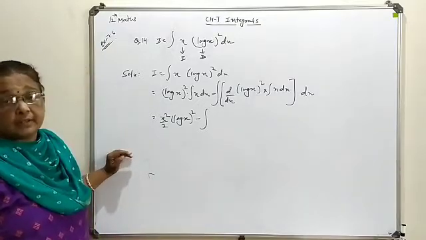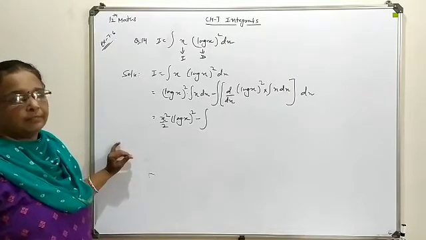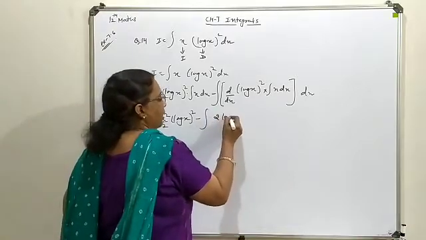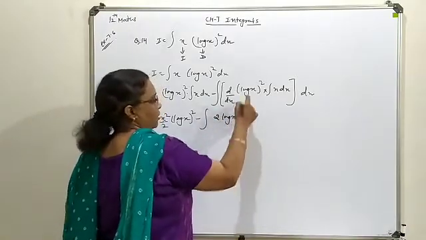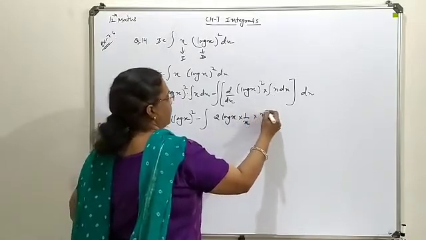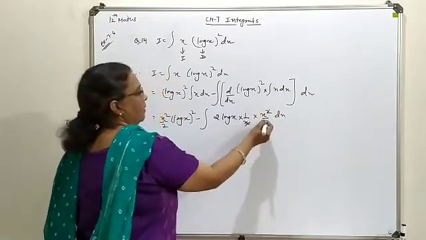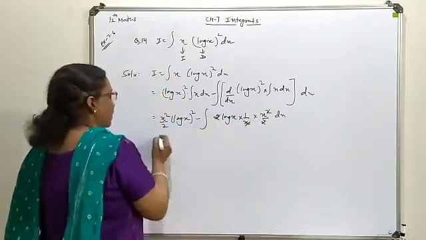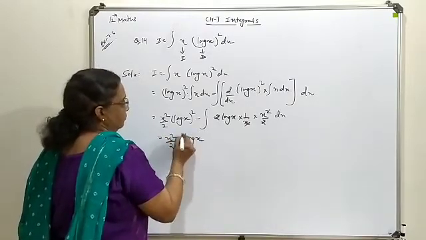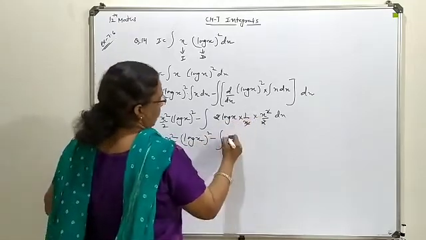So here also a square form is available. So first of all, this power 2 you will consider for differentiation, and then as a multiple, differentiation of log x. So this will give you 2 log of x. Differentiation of log x is 1 upon x. Integration of x is x square upon 2. Now here x cancels, this 2 also cancels. So what is left in your hand for further solution? x log x.